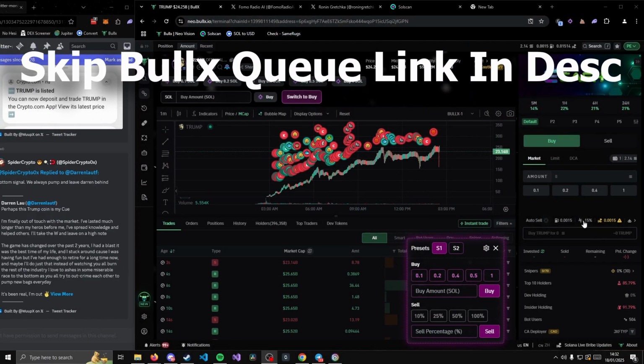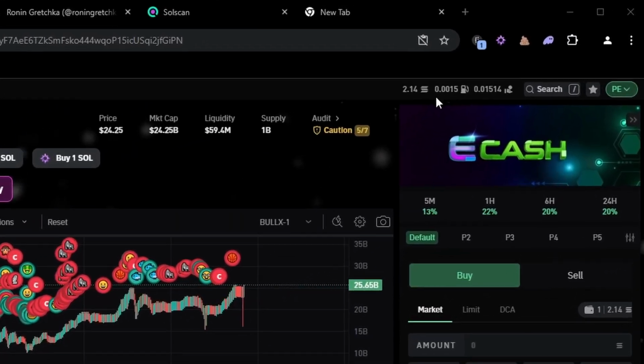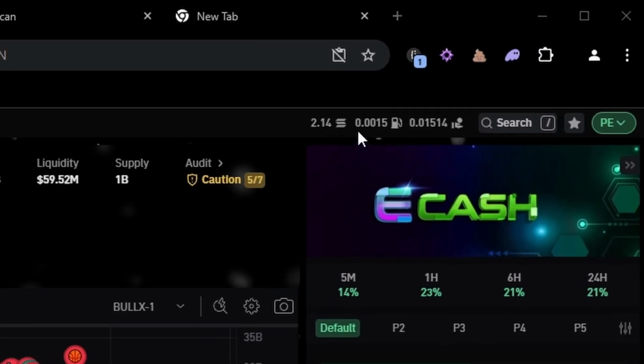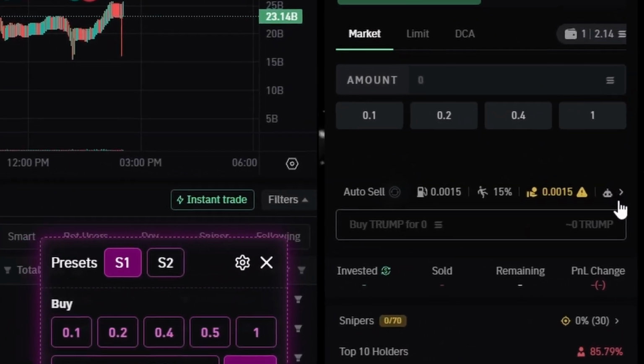No bullshit. Now, what are fees, you may ask? Fees are the commission you pay to BullX or any trading platform. Basically, more fees means faster transactions. Up here are the recommended fees that BullX provides. These are not the most accurate, but it gives you a good example on what fees are needed for that